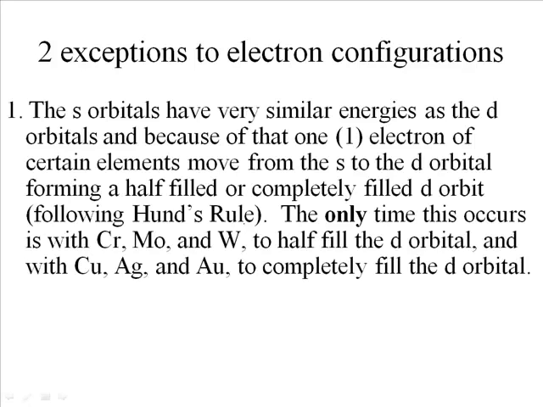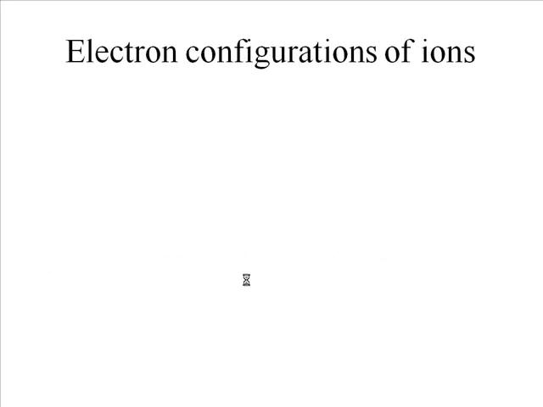Okay, a couple of exceptions to that. Sometimes elements have very similar energies, and when one electron can be moved to have an orbital completely filled, it actually makes it much more stable. And the only time that happens is with chromium, molybdenum, and tungsten, and copper, silver, and gold. And what happens is, for example,